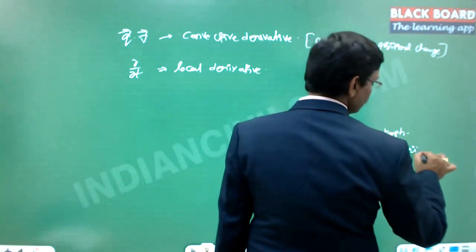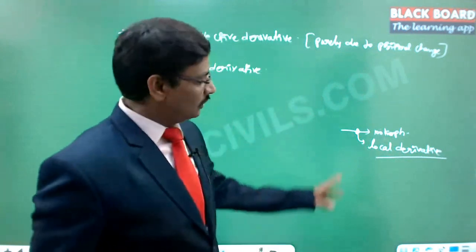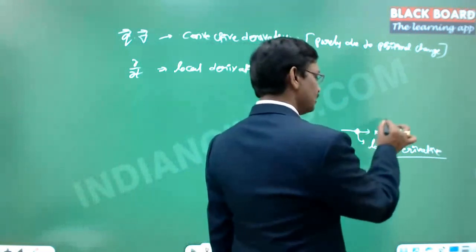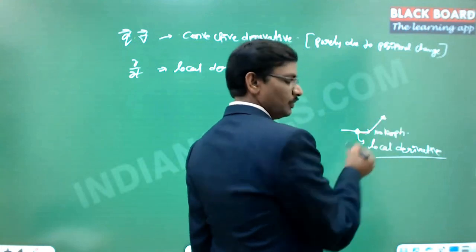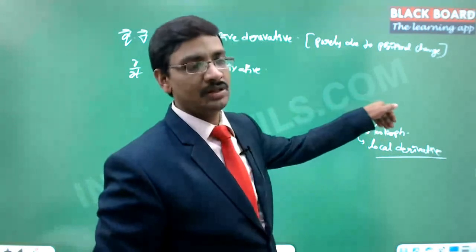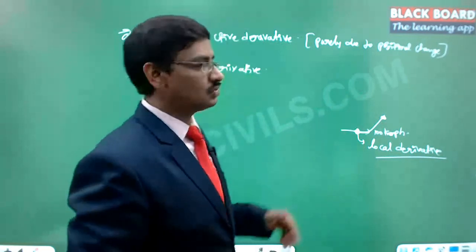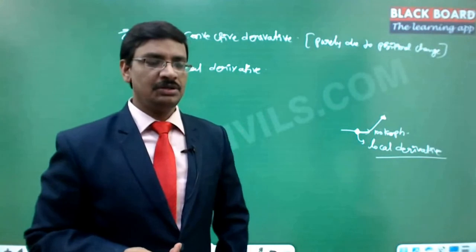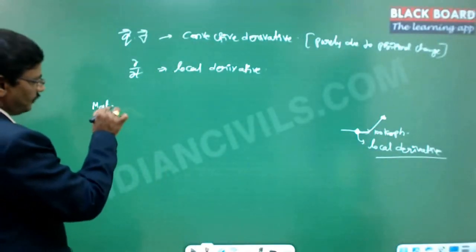So this local derivative is purely due to the time change, right? But if the space also changes from here to here, suppose the same velocity at this particular point for this particular particle, if I take it again at this particular point, due to the positional change and due to the time change, that happened from here to here, so both together need to be considered. So hence this will be the total derivative. There are two different sections that you need to understand. Whenever you want to identify the property change, you need to identify both things. Hence this is called the material derivative.